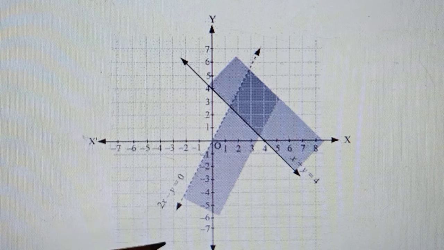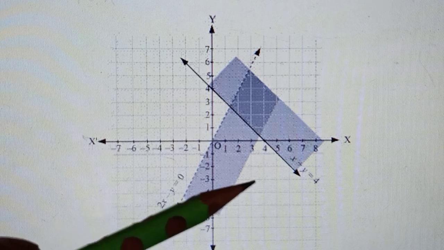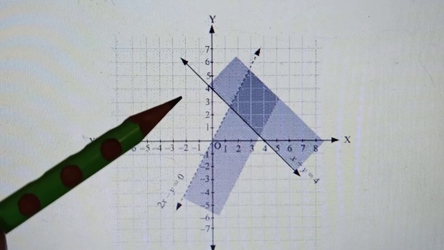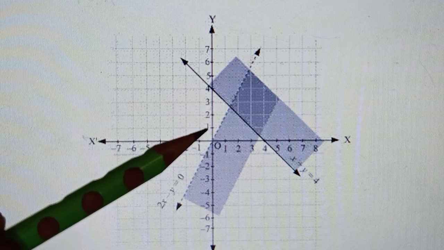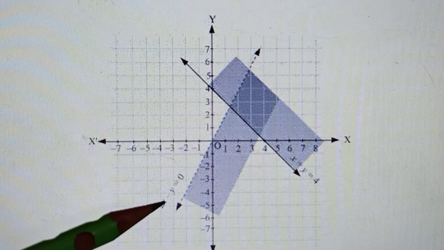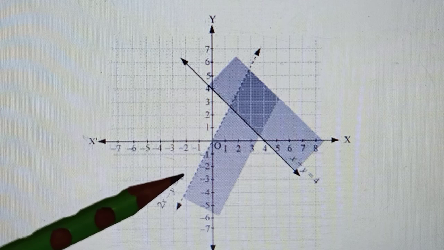Yes. Okay children, there is some confusion here. I don't know, maybe check in your books. If the sign is smaller than, then this should not be the part of your solution. This shading will go the other way around. Okay, see, let's take this point. Its coordinate will be 0, 1. X coordinate is 0 and y coordinate is 1. So 0, 1. If x is 0, minus 1 is smaller than 0.